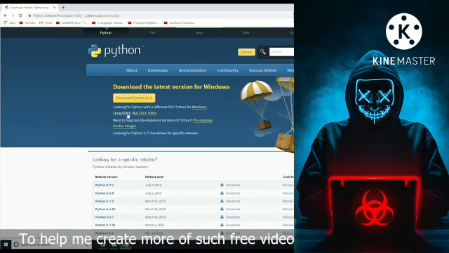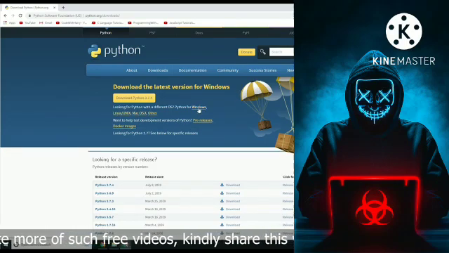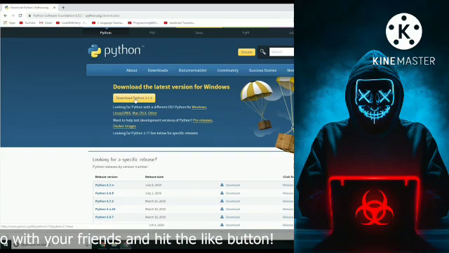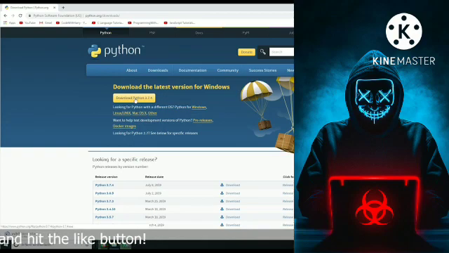Now you might be on a Mac or on a PC, or you might be on a Linux Ubuntu machine. Wherever you are, you'll get an option to download it for that operating system. I am on a Windows machine, so I will download it for my Windows operating system. So let's click here and start downloading Python. So as you guys can see that I am now downloading this Python, and it will take some time depending